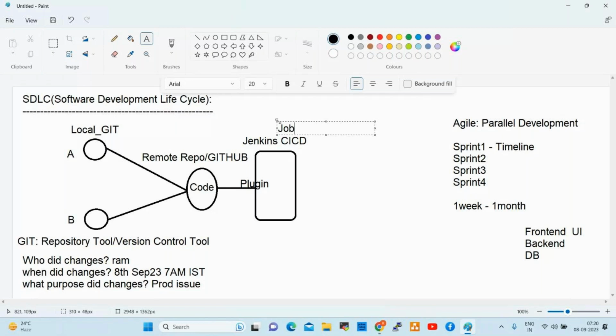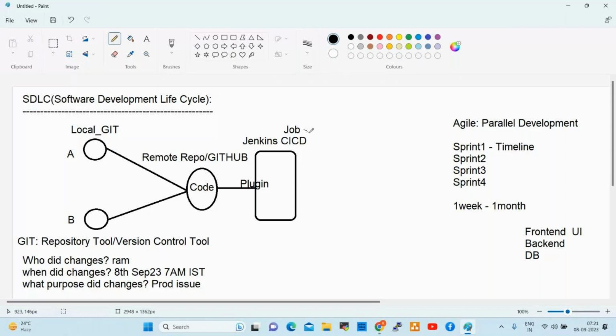If you want to pull this code from GitHub to Jenkins, we don't pull the code manually. We create a job and we can schedule the job. Once the job is triggered and built, this code will be pulled from GitHub to Jenkins.